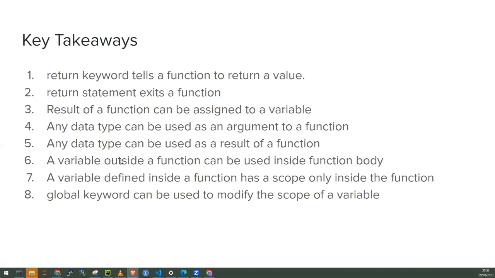Remember that. A variable outside of a function can be used inside a function's body. I showed you that in this video. A variable defined inside a function only has a scope inside the function. The global keyword can be used to modify the scope of a variable. All right, so now let's move on to